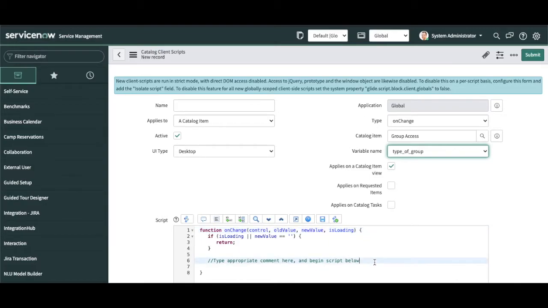Okay, what script do we want to run? In the condition, I am writing newValue. New value is the parameter where you can get the new value. So newValue equal to, I am putting AD group. If the new value is the AD group, what I am going to do is